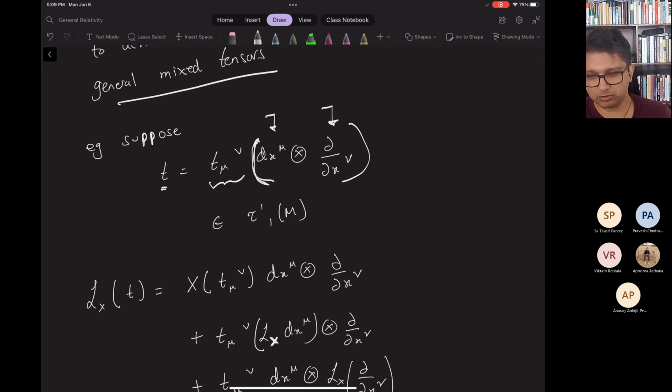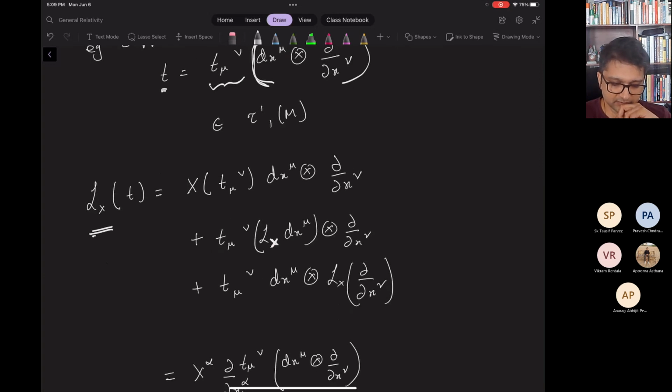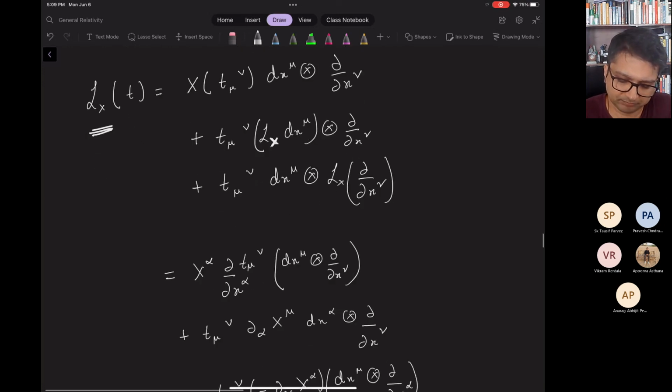We now know how to differentiate a tensor product like this using these rules. So what you will find is that the Lie derivative of this type of tensor, for example a (1,1) type tensor, will be